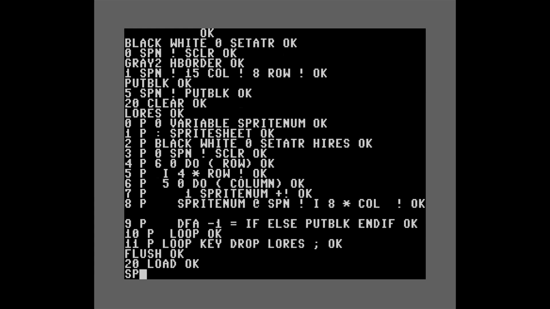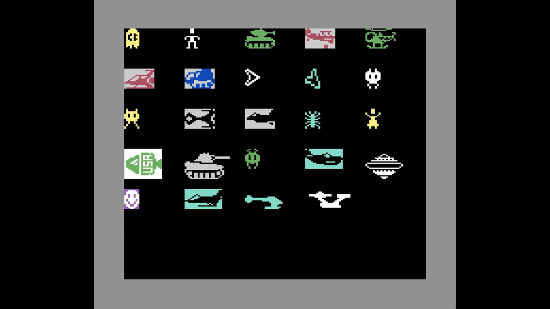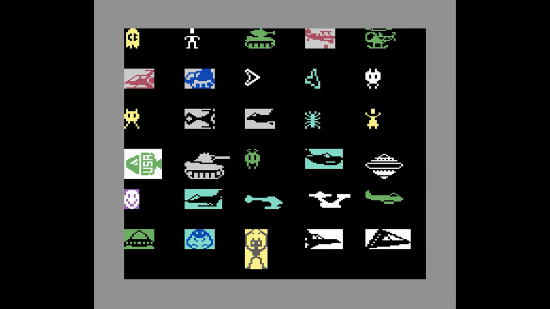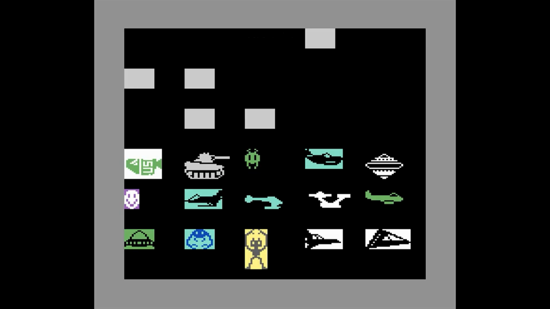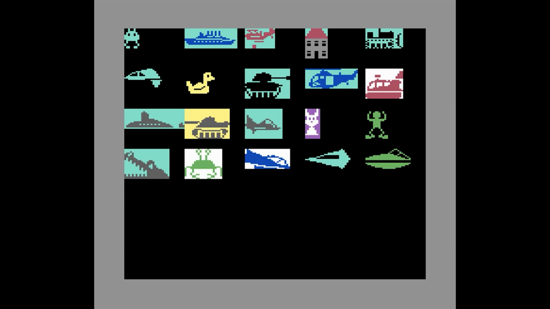So we'll just type in sprite sheet, and there's the first set of sprites. 5, 10, 15, 20, 25, 30. 30 sprites. You can clearly see here that each sprite has its own bitmap data and associated color attribute data. And if you press enter, it's going to bring you back to low res mode. So if we type in sprite sheet again, it'll print the next set of them, and here it prints another